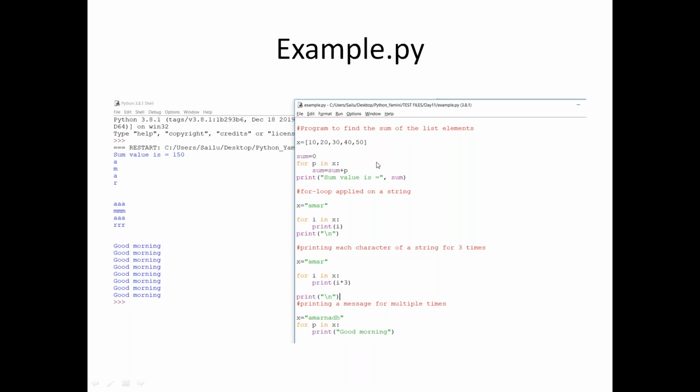Okay, so you can see here: a program to find the sum of the list elements. I'm not talking about integers or floats. In case you have a list and I want to take the sum of those numbers, how can I do that? A list is nothing but a collection of different values.